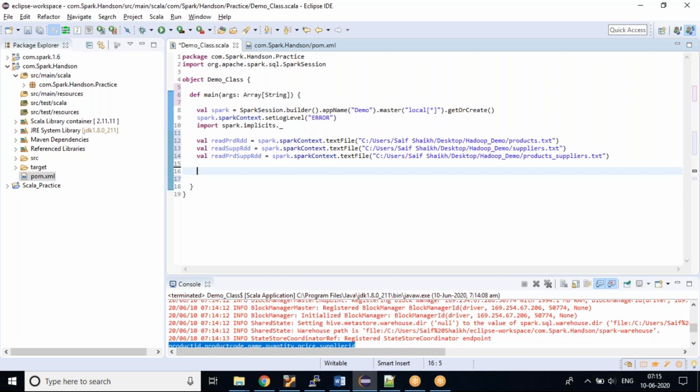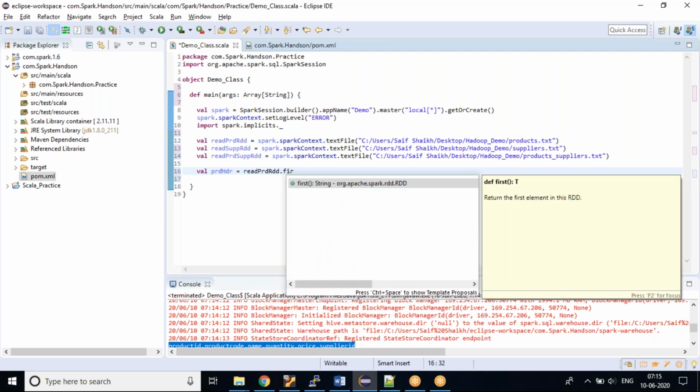Now what I need to do is remove the header. To remove the header, let's say val, then product header. I'm just trying to remove the header from this RDD. I'll show you that. We have a first API.